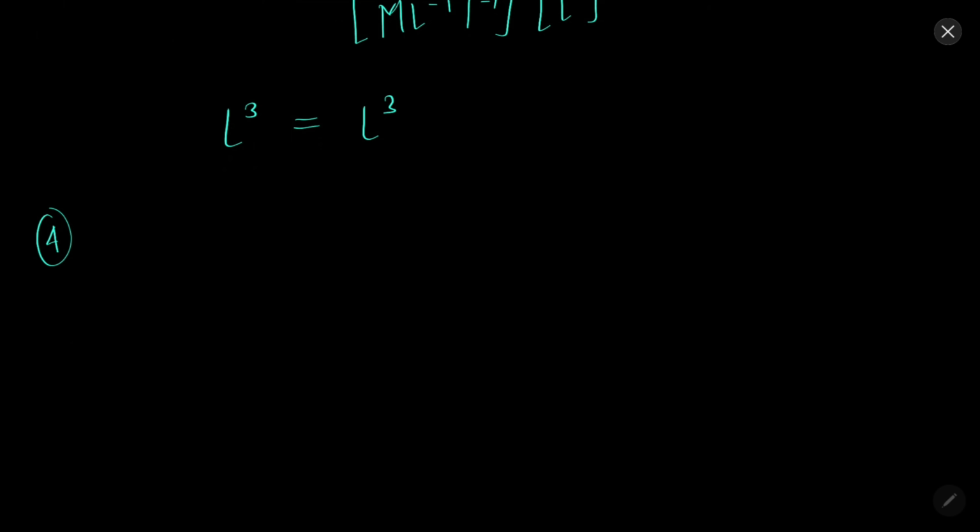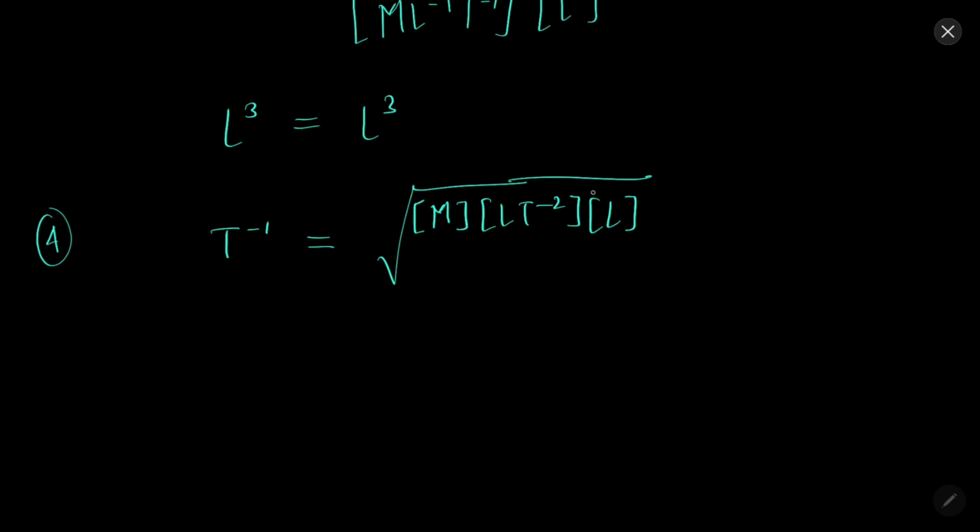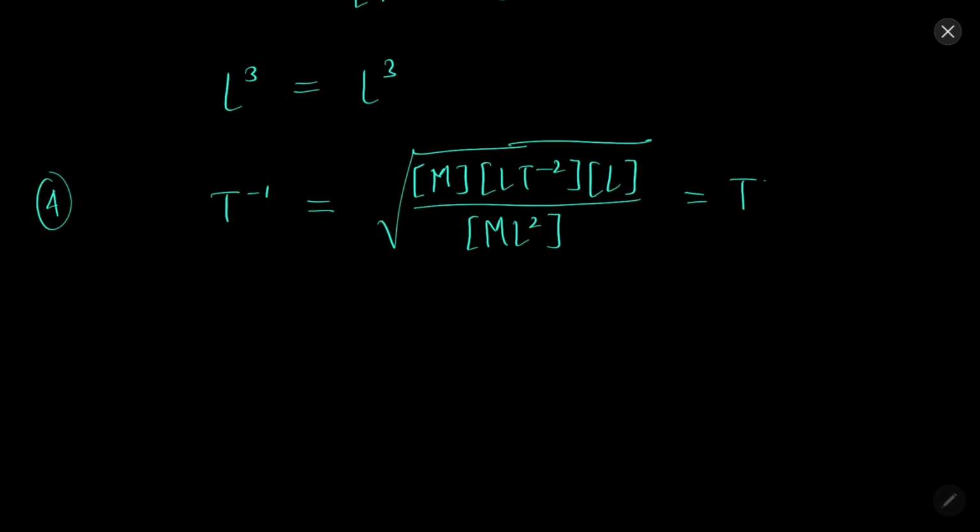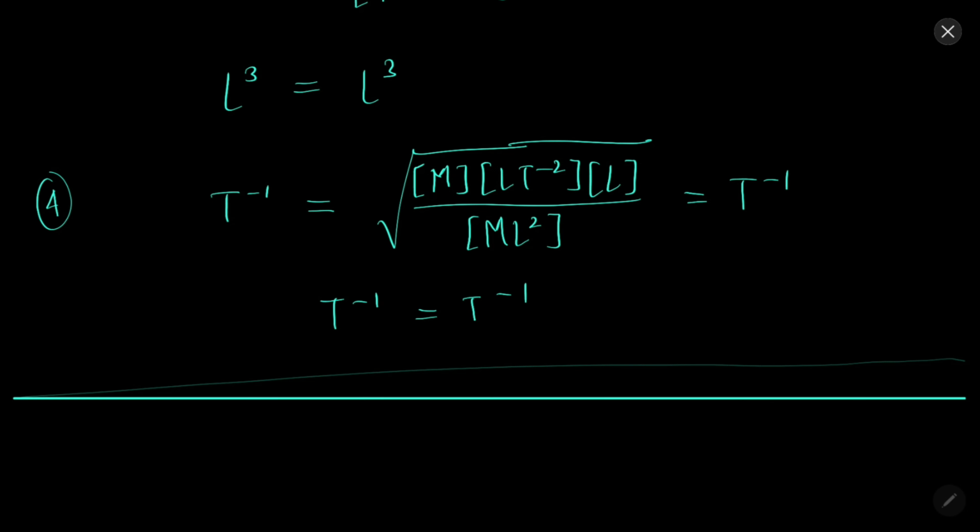Now the last part is the frequency. The dimension of frequency is t minus 1. It will be equal to 1 over 2 pi, which is dimensionless, times root of m, which is mass, so m. Then g is acceleration, so L t minus 2, and l is length, L. Then moment of inertia is m L square. So it will come out to be t minus 1. So again RHS and LHS are both equal, so it is also correct. So all the 4 equations are dimensionally correct.